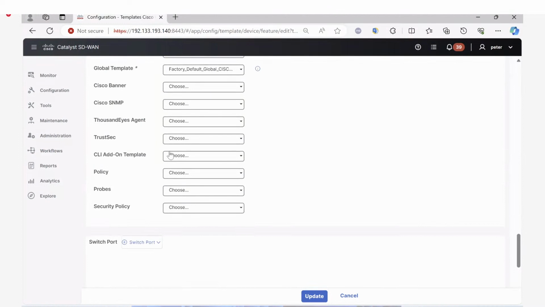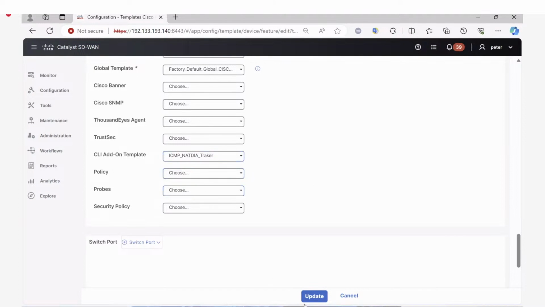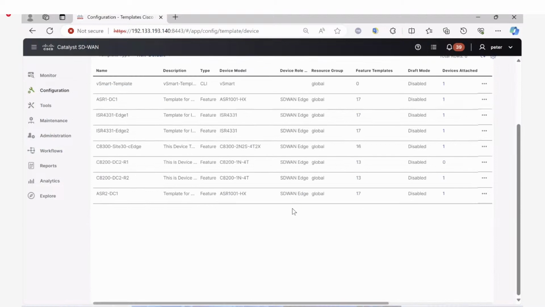Then you can see the CLI add-on here. So this is where you add it. So here we can see the ICMP NWPI tracker. We add that and then we upload, and that is going to be pushed to that device to activate the NWPI tracker to make failover faster. So with that,